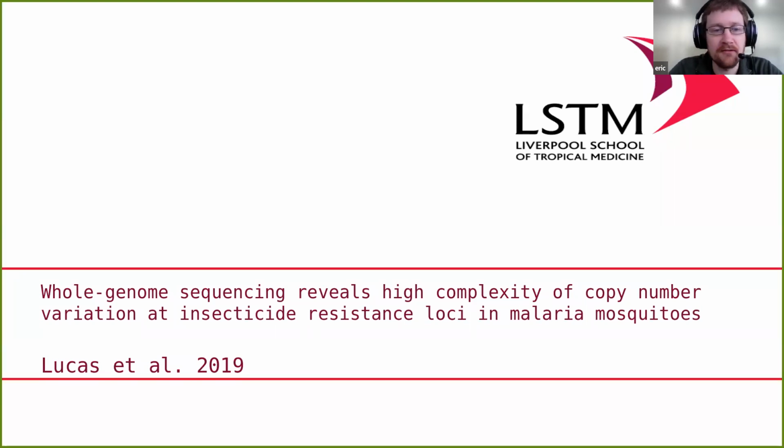wrote the pipeline to discover CNVs in the AG1000G data, and that resulted in an initial paper in 2019 where we reported the findings of applying that to phase 2 of AG1000G. Since then, I've been maintaining that pipeline and having oversight of the CNV data from AG1000G. And so Alistair asked me to give a presentation of that 2019 paper to run through, because